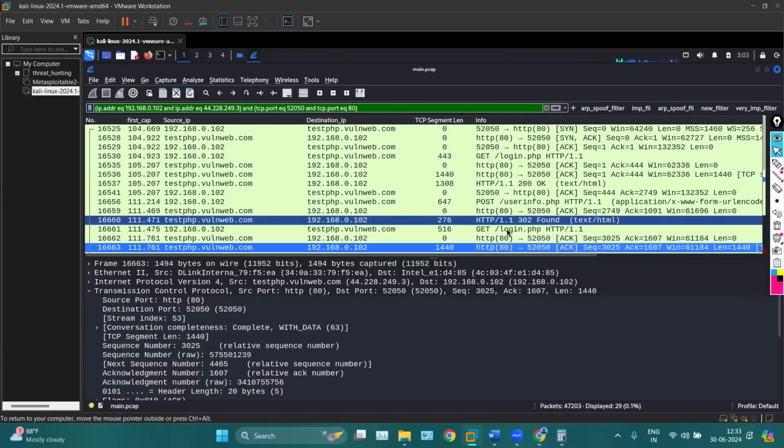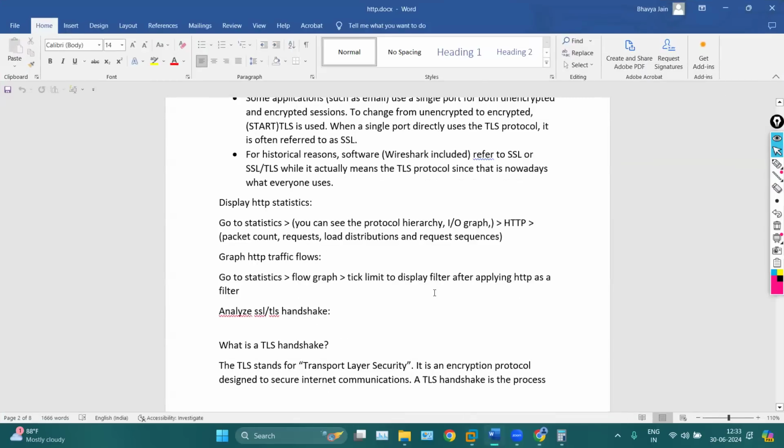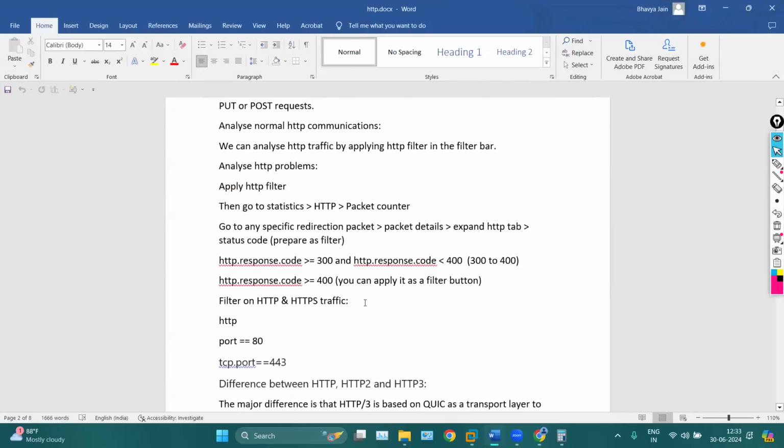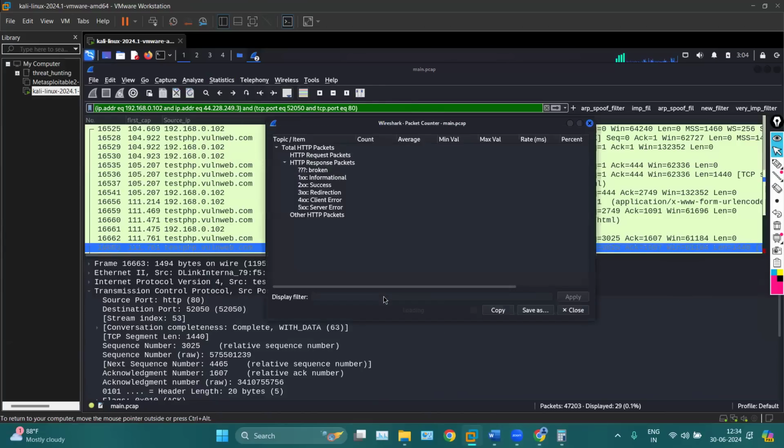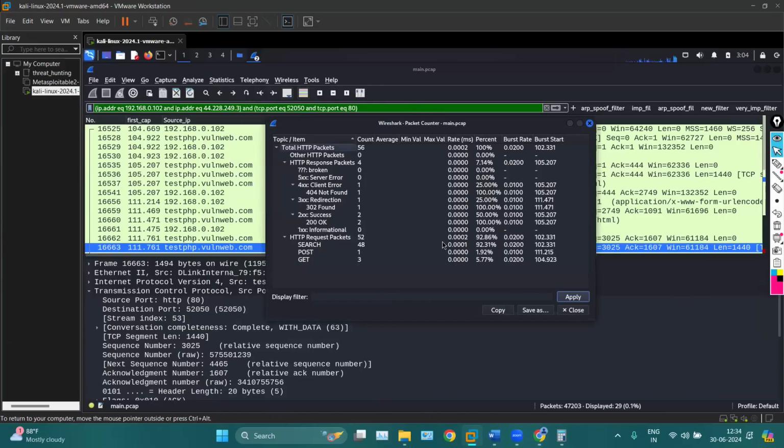Even let me show you some more, this part, which is the statistics of the HTTP. So you can click on the statistics. There are like 4 types of statistics in the HTTP. You can click on this HTTP. First, we have this packet counter. When you click on this packet counter, this will count the number of requests, like how many requests are of 200, how many requests are 400, how many are 404, and so on. So you can see total number of HTTP packets we have is 56, out of which 200,